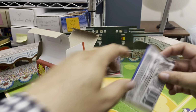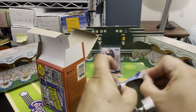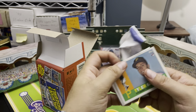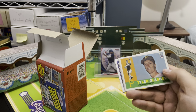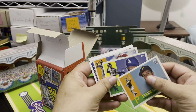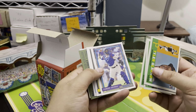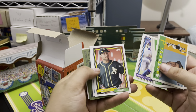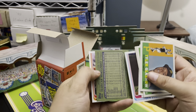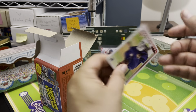All right, last pack, mojo. Let's see what we get. Did we get a Judge? Do we get the Judge? Tyler Flowers now. I think he's still playing somewhere. Mike Piazza, nice little card. Juan Gone. Yeah, that's Monte Grandal. We got a backward card. Ooh, we got a backward card. Matt Olson, Ben Zobrist, Chris Davis, and our backward card is